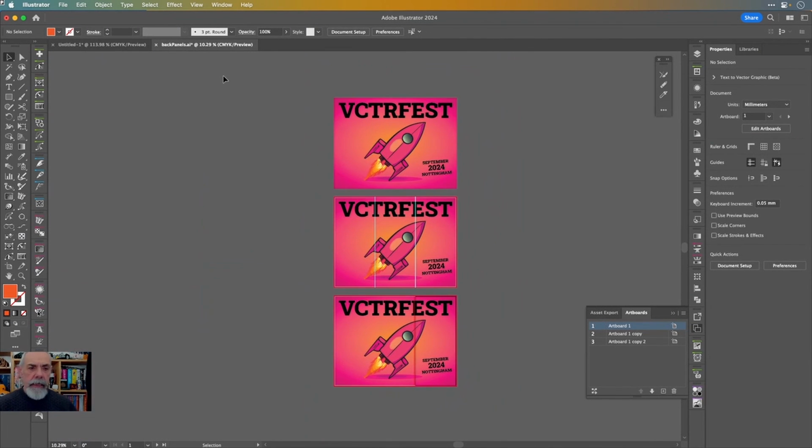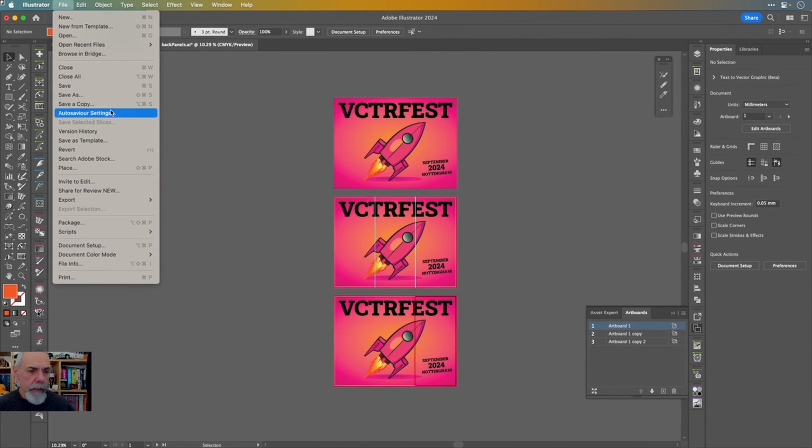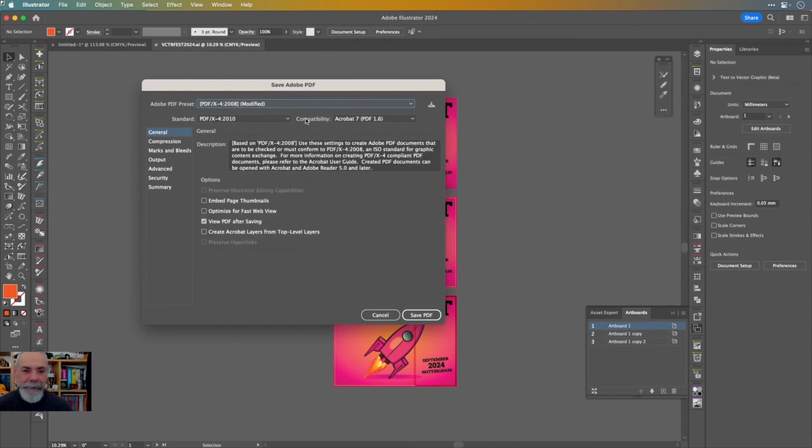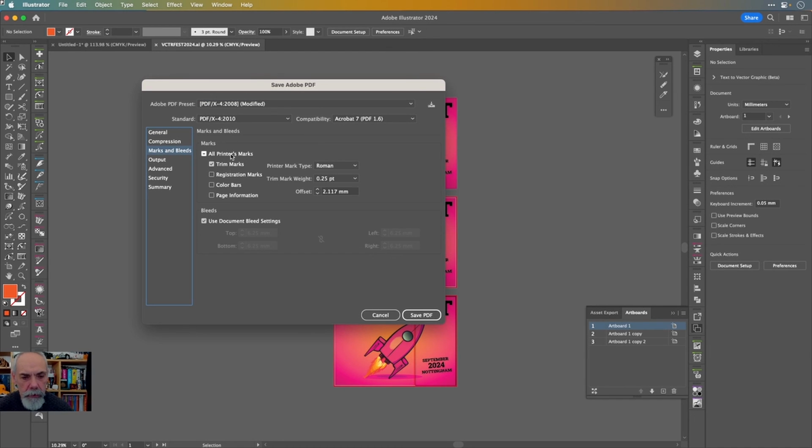If I now save that out as a PDF, okay, so I'm going to do File, Save As. I'll drop it into here, so we'll call this VectorFest 2024. So we'll do Adobe PDF. Oh my word. I am going to use PDF X4 here, modified, because I want printer's marks on mine. I also want to use the document bleed